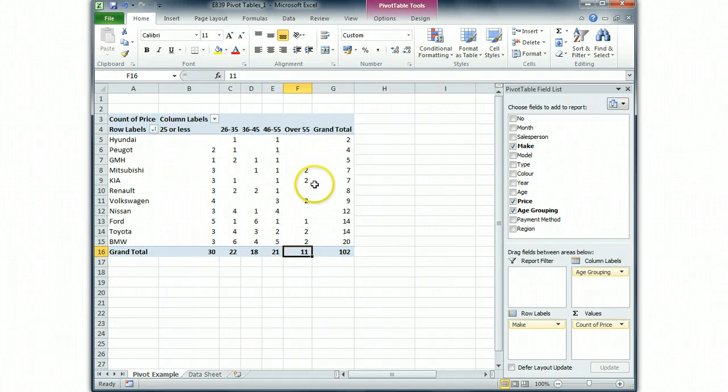And also what we can see from here is that the cars we sold to the over 55s were Mitsubishi, Kia, Volkswagen, Ford, Toyota and BMW. We didn't sell any Hyundais, Peugeots, GMHs, Renaults or Nissans to over 55s. This data is just dummy data, just made up as well. It doesn't actually have any reality to it. I should think you sell quite a few more Nissans to over 55s in real life. Okay,